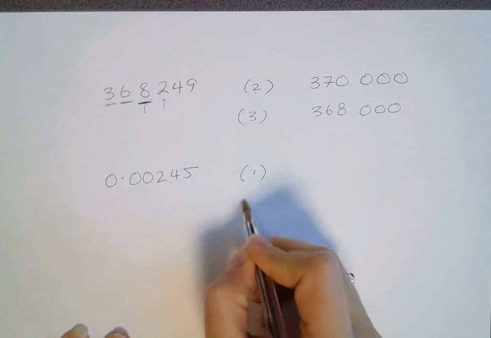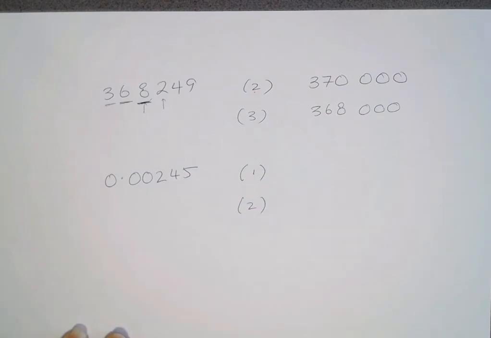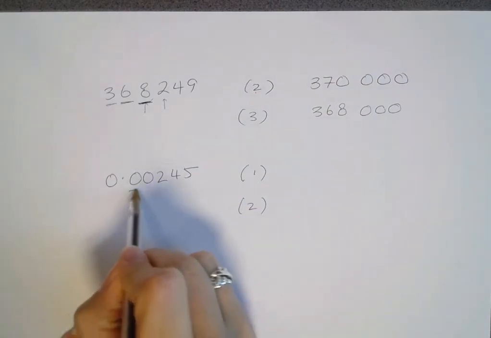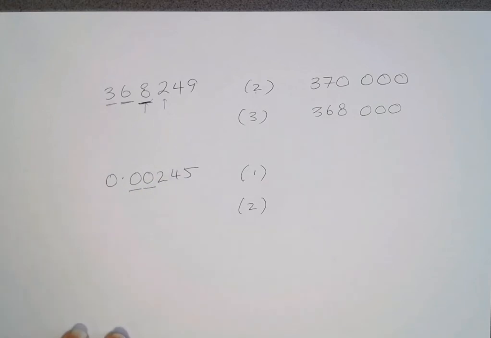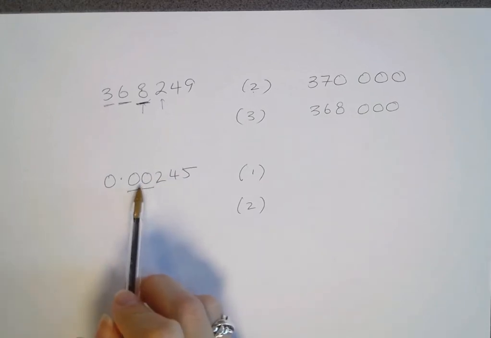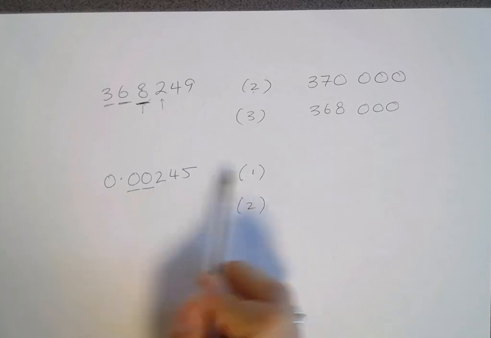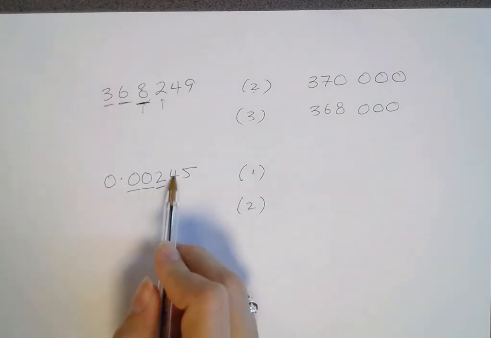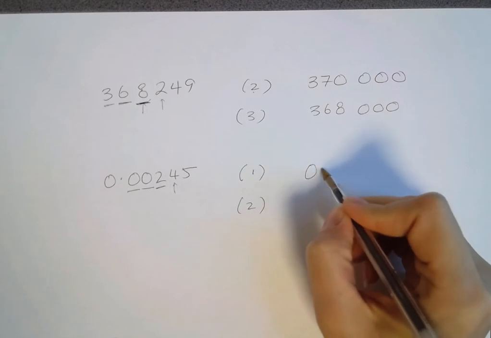Let's go with a very small number this time, 0.002 45, and I want to round it to 1 and 2 significant figures. We know that leading zeros are not significant, so we don't worry about them at all. If we want to go to our first significant figure to get 1, then it's here. Let's look at our second place getter. It's a 4. It would round down, so 1 significant figure would be